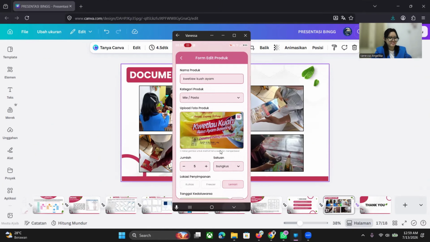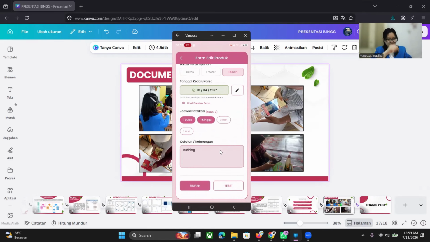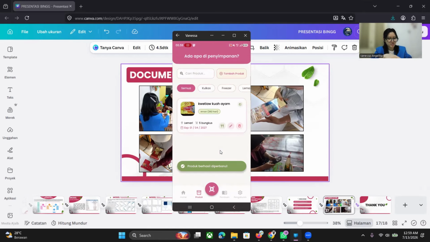wah ayam. Store it again, and then the name automatically becomes kway teow kuah ayam, from before it was kway teow kuah. And then